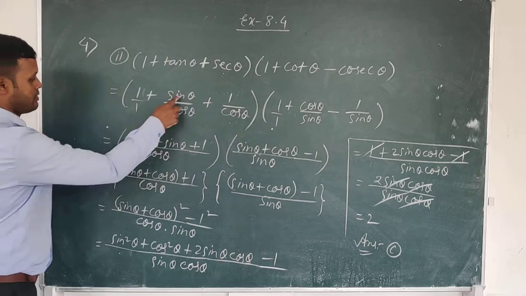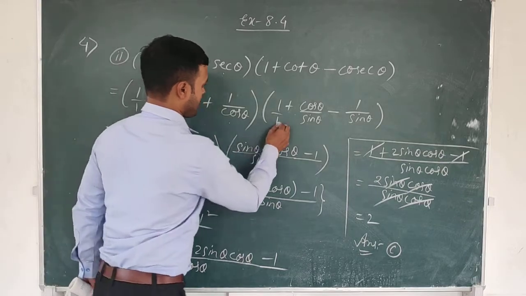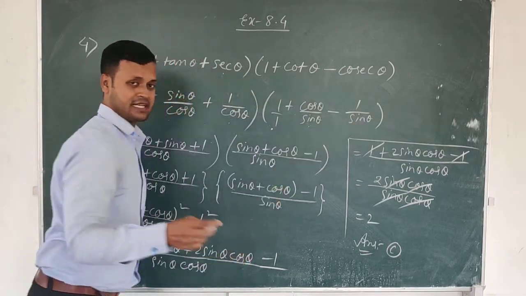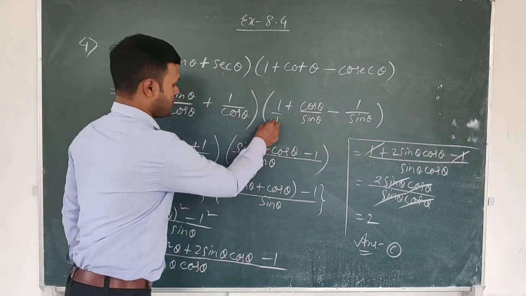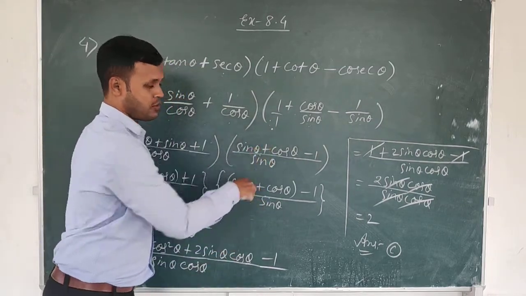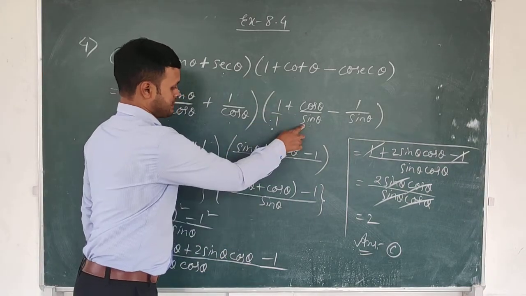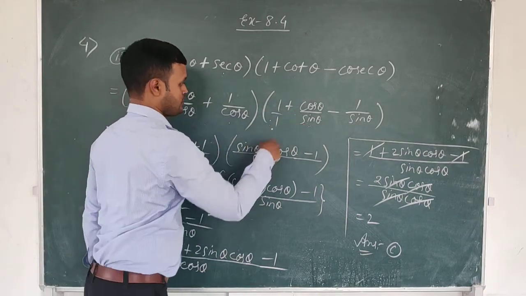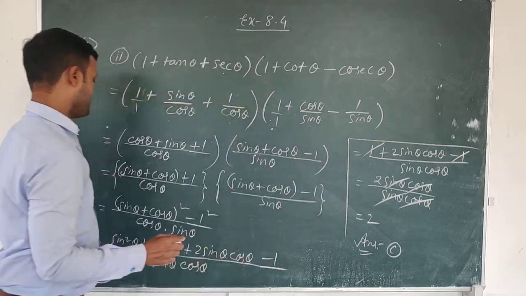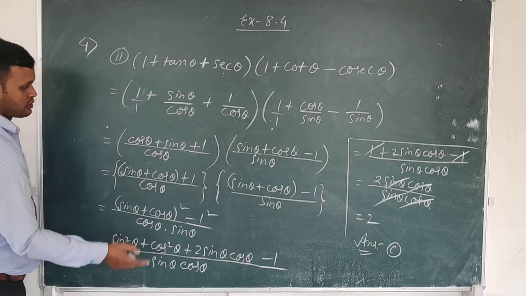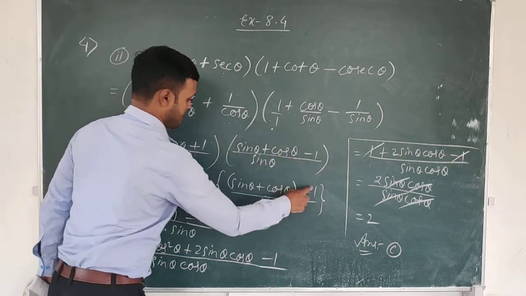Cos theta into 1 plus sin theta plus 1. And here 1 sin theta and sin theta, the LCM will be sin theta. So 1 will go how many times? Sin theta if you divide by 1, sin theta times. So sin theta into 1, and sin if you divide by sin, 1 time, so 1 into cos theta, like this here also minus 1. Now sin theta plus cos theta will be in 1 bracket plus 1 and below cos theta. Sin theta plus cos theta in bracket minus 1.